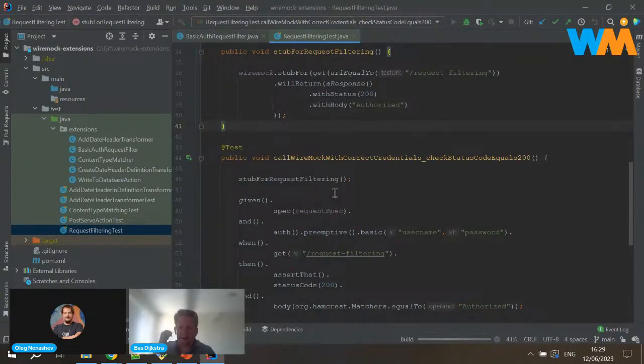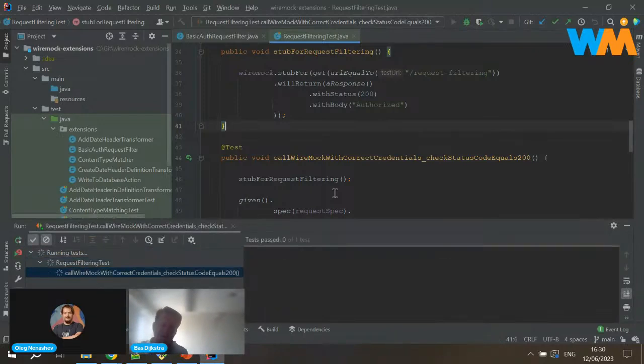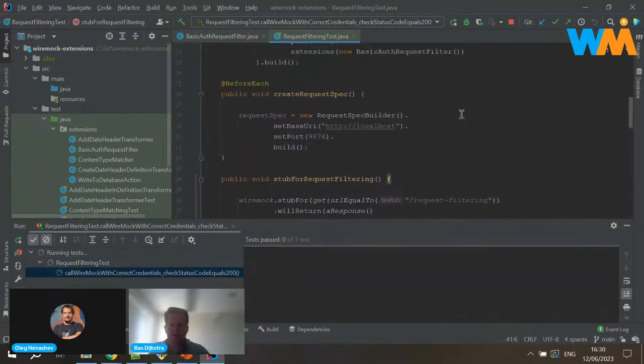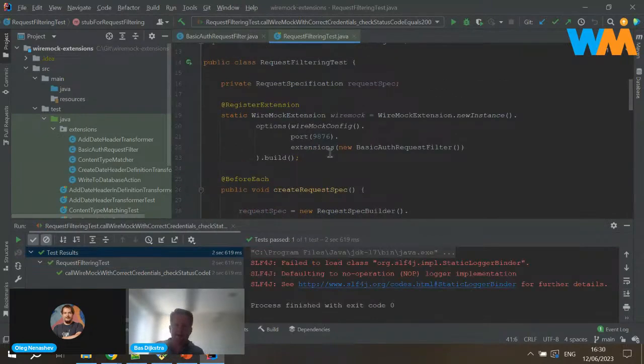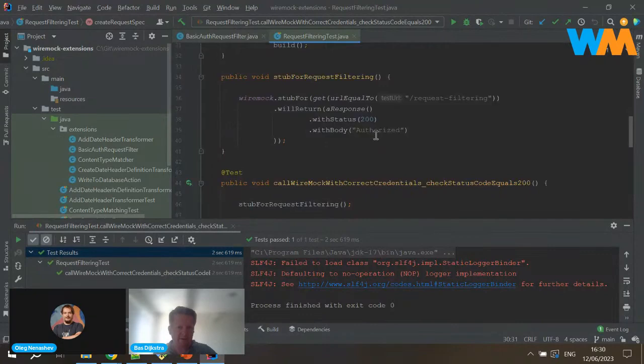So if I run that test, I've made sure here that my WireMock instance is running at port 9876, and I tell Rest Assured to also send that request to 9876.